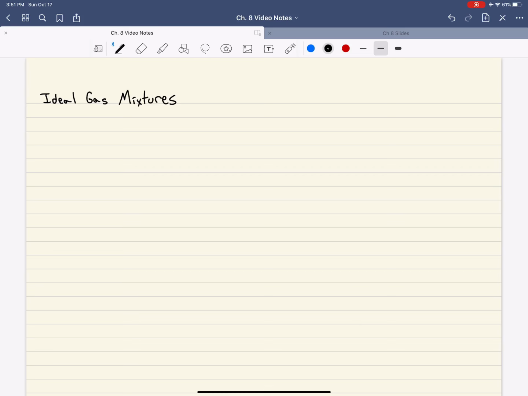So far in this chapter, we've talked about ideal solutions. But for this video, I now want to focus on a specific type of mixture, which involves the mixture of ideal gases, which are going to be inherently different from ideal solutions. And so for an ideal gas mixture, what we're going to consider